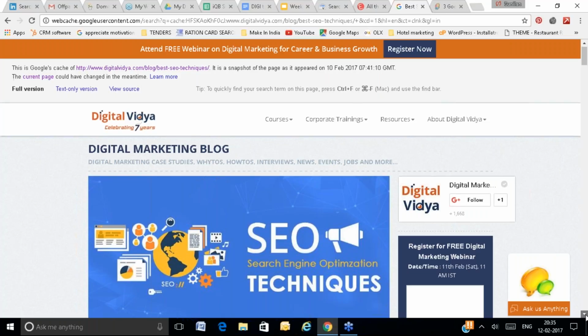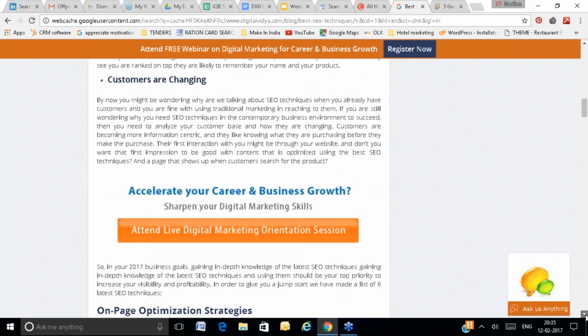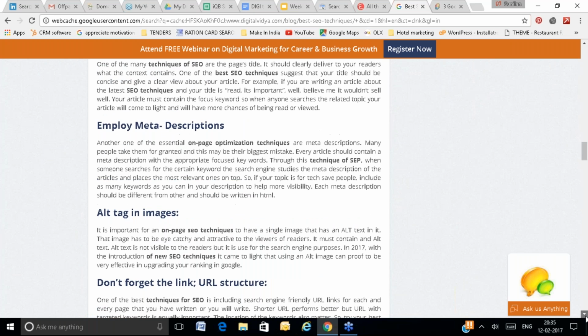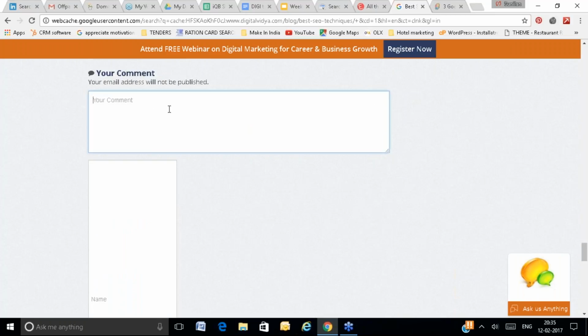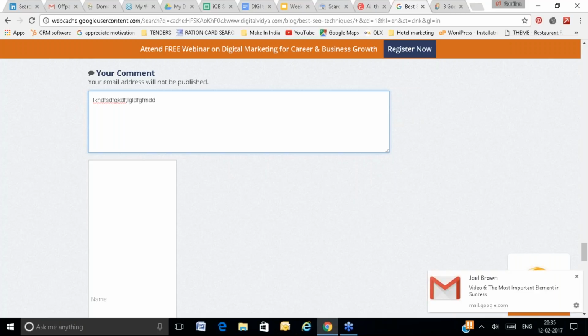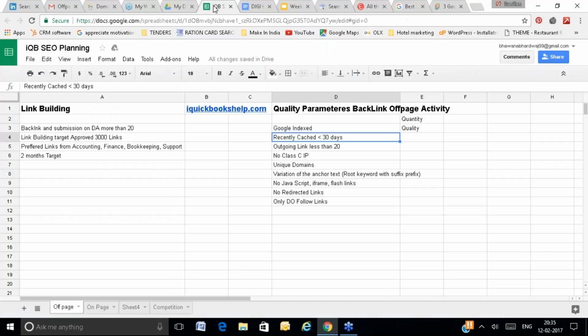You can go to the end of the page and find the ways to get a backlink from this page. One of the ways is commenting. Here you can write a comment and submit it. During that comment you can place your website link, but only if that website gives you the option to place the link. So it's your responsibility to find websites which give you permission to place a backlink to your website. These are the quality factors you will keep in mind.